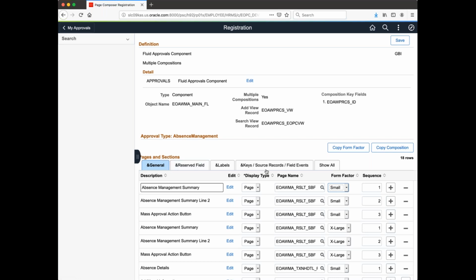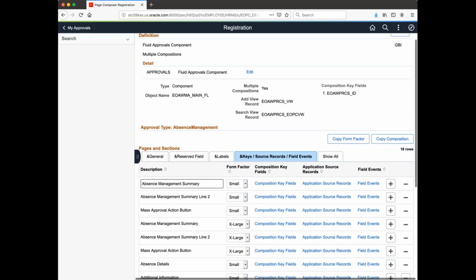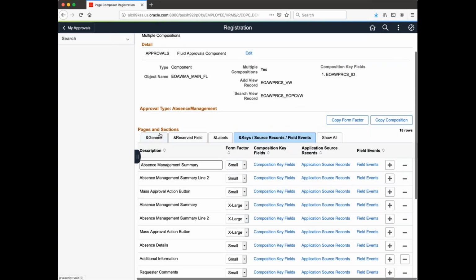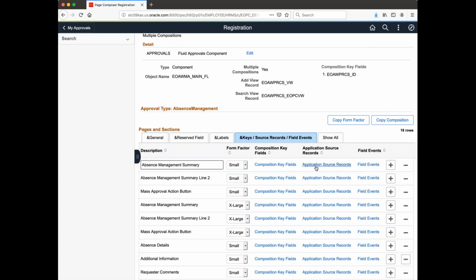Now, the next part of this was the key part of changing the application source record. So on the summary page, so again, kind of have to remember what page we're looking at. We're looking at the results page. I've got summaries line in 1 and 2. Let's see what I want to do here. We want to look at the